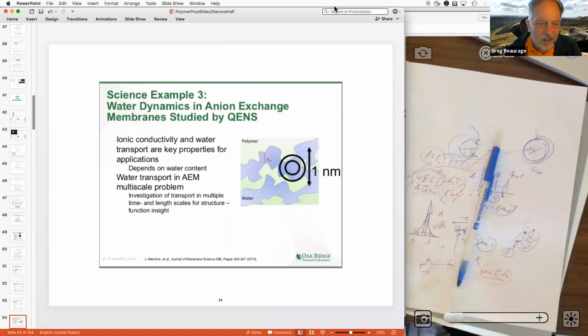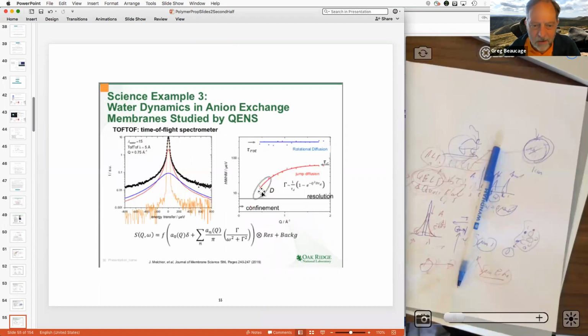There's a lot of different things you can look at, but say you have a membrane and you want to do separation to purify water. You want to see how the ions move inside the membrane pores. You can measure that with this technique. These are some data on a membrane showing the diffusion coefficient. We're showing the breadth of the peak versus Q. So you can find a size scale. What size is the membrane separating? It's separating things where the thing stops moving, so there's no breadth to the peak, and things bigger than that move freely through. You can see it's Q squared here because that's Brownian motion. And then they're fitting this,